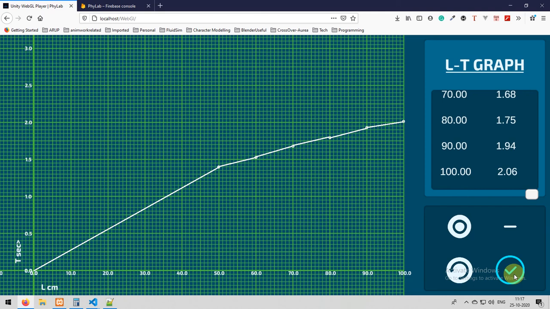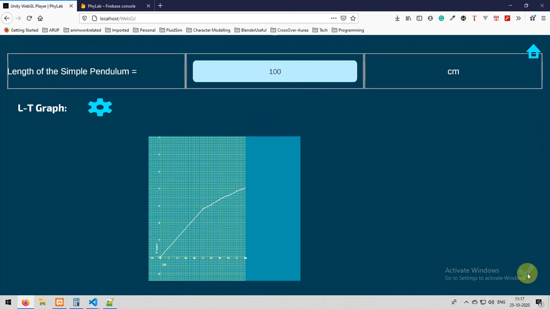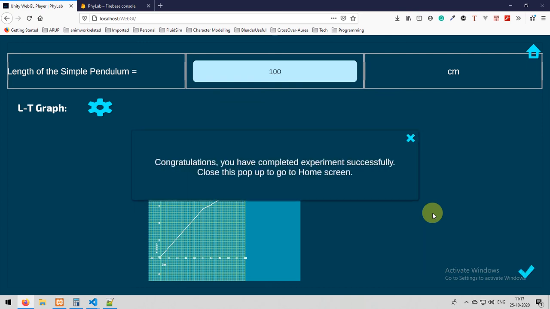So this is our graph, and after you submit it, the graph will be saved for you. And these are all our values, and now you submit it, it will validate your values, and then it will upload all your graphs and all your data to the cloud if your values are within the limits. If the values are not within the limits, like 980 is the value and you got some 1300, then that is not a valid experiment, right? So at that time you need to perform it again from the beginning.